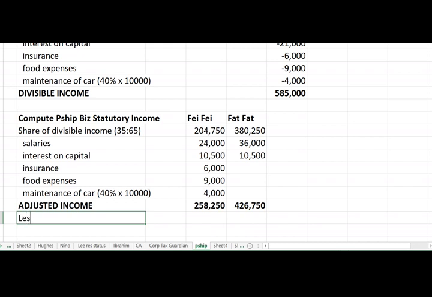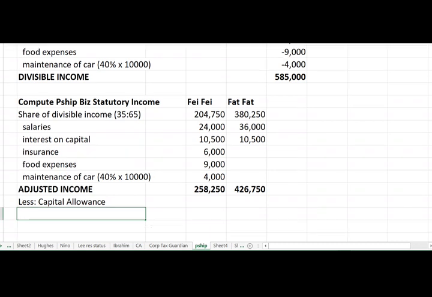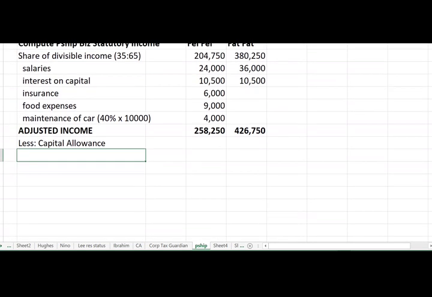Okay, so what you're going to do now is to minus all the capital allowance, right? Now when you minus all the capital allowance, you have to take note of this issue about the car, because the car is the one that the partner uses privately. So what will be the adjustment of the CA? Now if you want, you can do it as a working. Okay, now I can do it as a working. Now the capital allowance